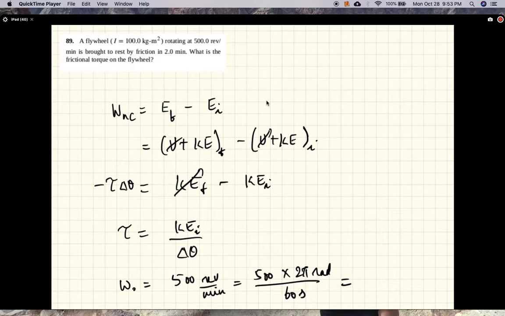So this is equal to 52.4 radians per second. And so